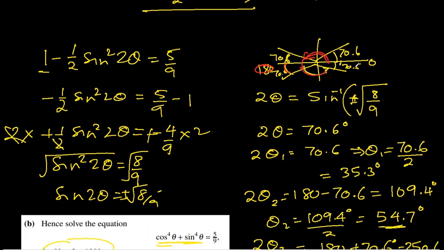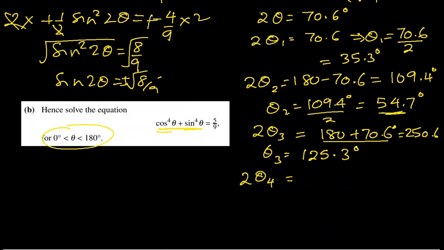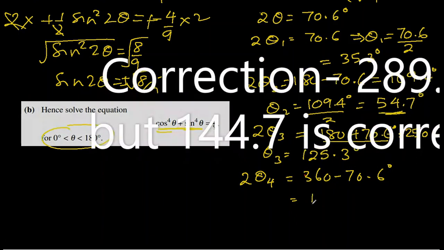360 minus this 70.6. It is less than 360, right? This is what we're going to reach at 360 minus 70.6 degrees. So that will be 189.4 degrees. So theta 4 comes out to be